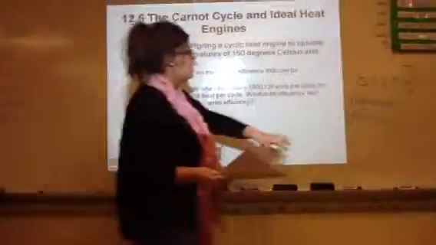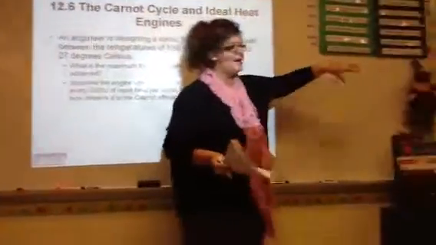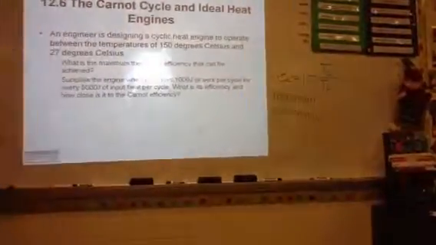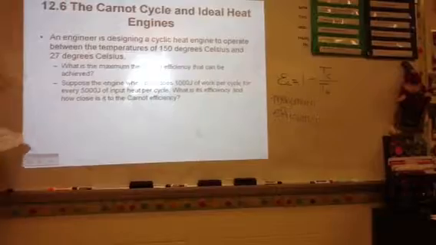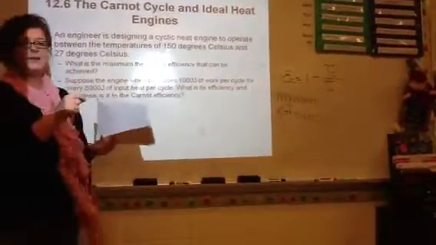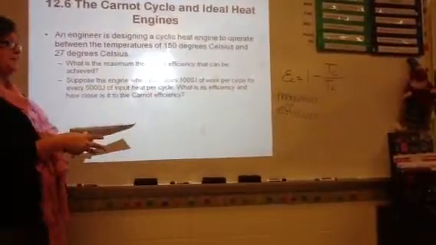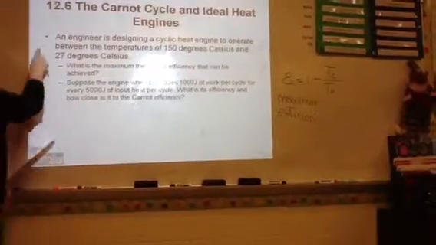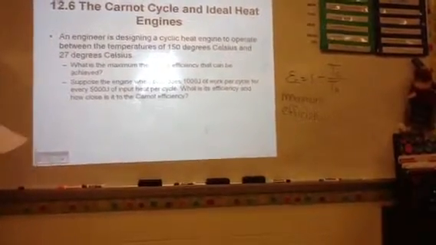On this maximum efficiency problem, TC is going to stand for the temperature of the cold reservoir, and TH is going to stand for the temperature in the high temperature reservoir. So this problem says an engineer is designing a cyclic heat